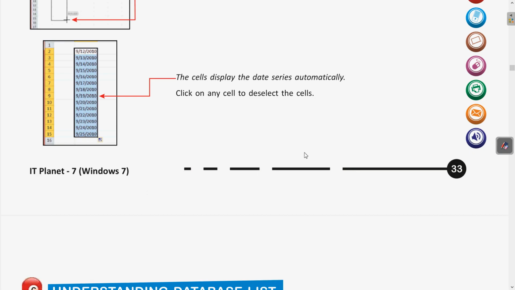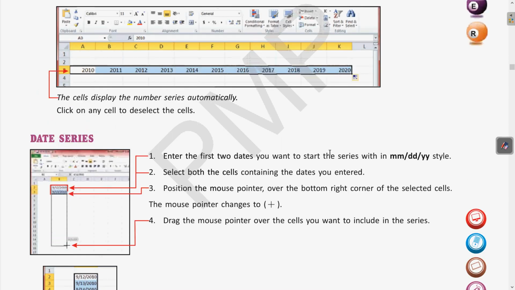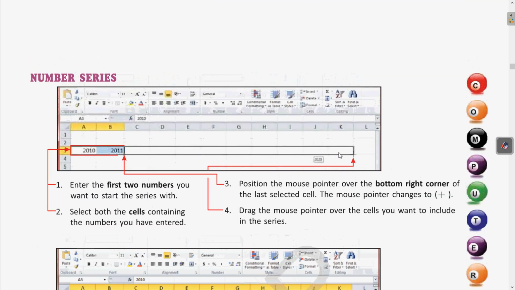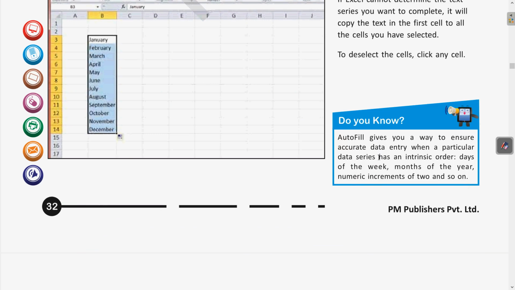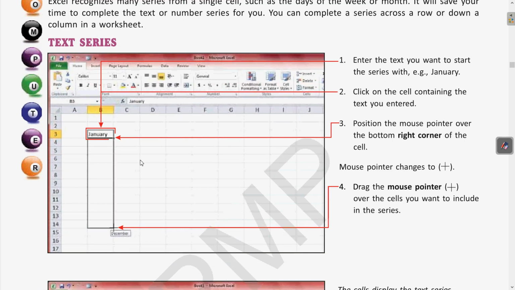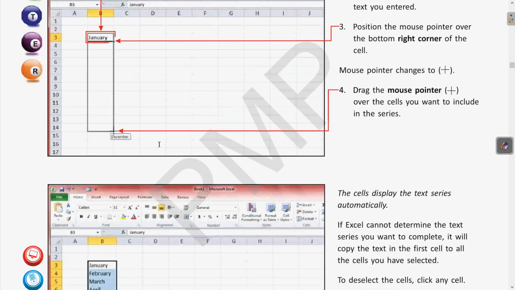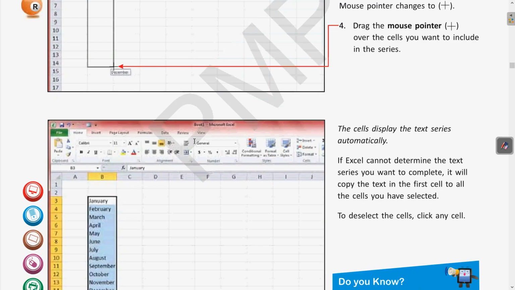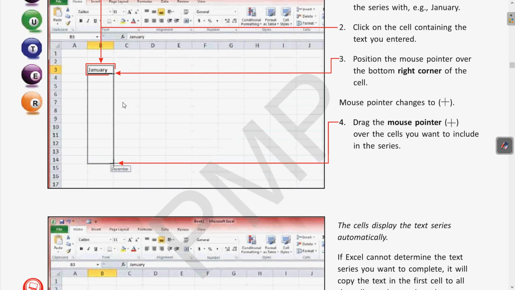As in the previous classes, we have covered how to generate the text series and number series. For the text series, we have seen that if you write any text, like any month of the year or any weekday, you have to select that text and drag it down.